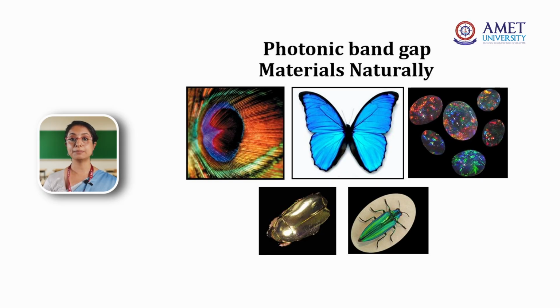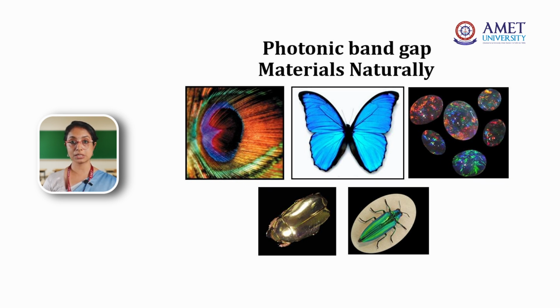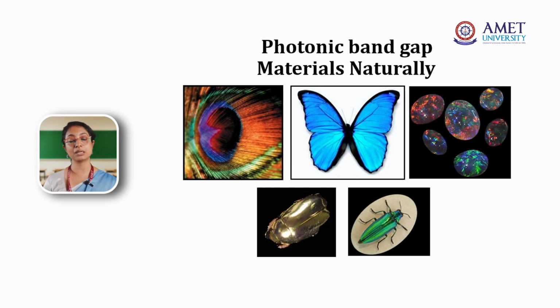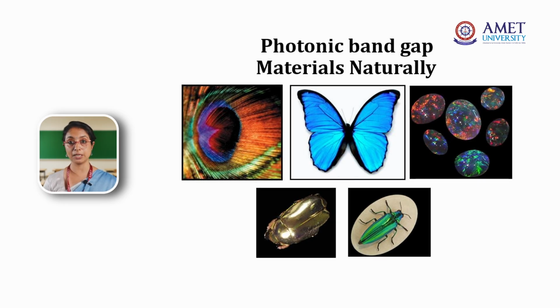For example, a peacock feather, you can see multiple colors in the peacock feather, whose color changes depending on how the sunlight falls on it or the way the peacock is moving. This is because the small structures in the feathers of the peacocks are arranged in different patterns. So depending on the pattern of arrangement of the nanofiber-like structures in the feather, the color it reflects also changes. The same type of behavior is shown by a butterfly.